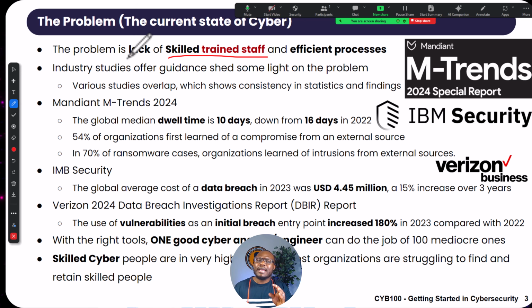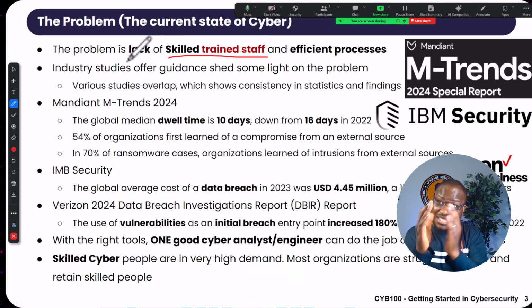I have not seen anybody who's really good in cybersecurity who doesn't have a job. Nada, zero, right? The people who are struggling to find a job are the people who bought into this: let me just get certified, and then they're going to just open the door for me. It's not that simple. Certifications help. Trust me, they open the doors for you.